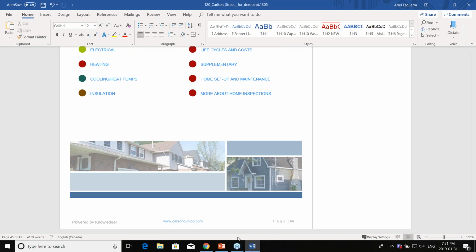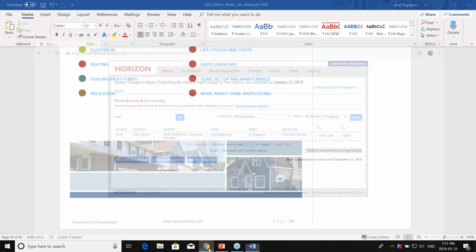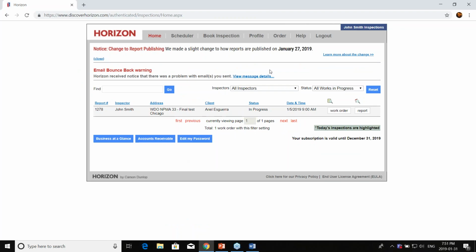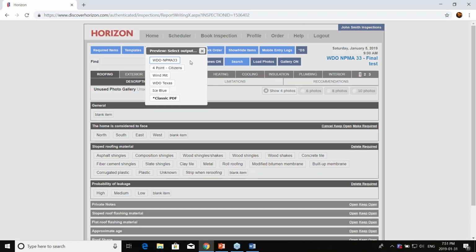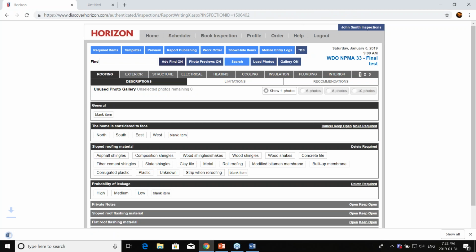Want to touch on that a little further, Ariel? Yes, sorry, I was supposed to go over this in the demo, but for timing, I didn't actually get to do it. But now that we're in the Q&A part, I'll just go over a quick one. So I still do have NPMA 33 on my dashboard here. So if I go into the report, and for this demo, I'm just going to click preview to do it really quick. If I click the WDAO style, it's going to generate that, and it's going to take my report